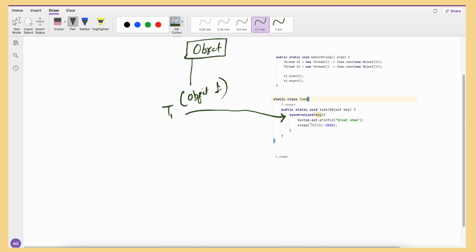It is executing its piece of code, T1, while taking the lock on object 1. T2 comes and says, hey, I want to take a lock on this object 2 and not on object 1,